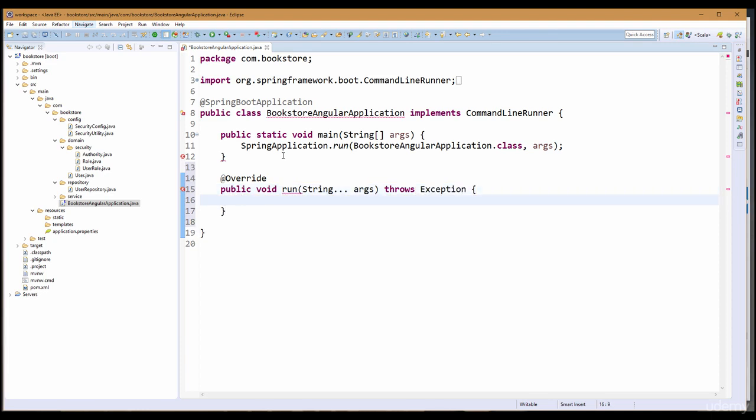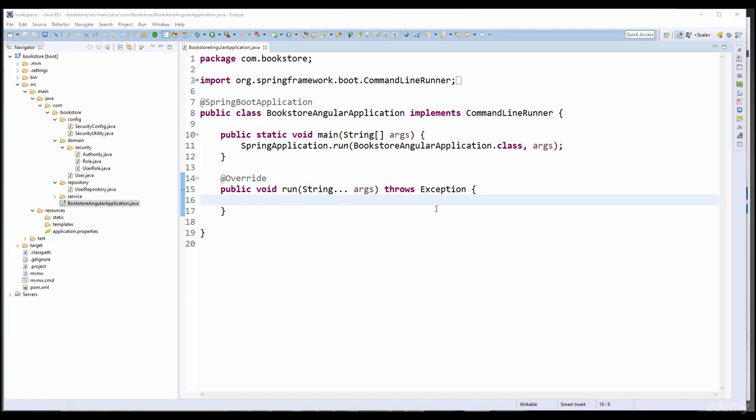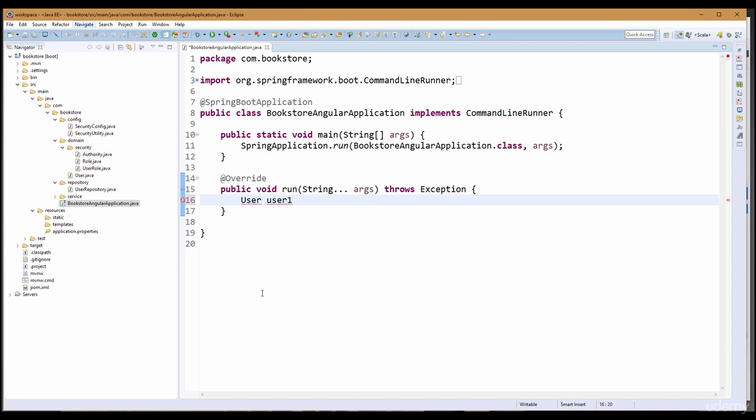And basically what this does is that every time this application starts to run, it will run the content within this run method, okay? So we're gonna create a new user